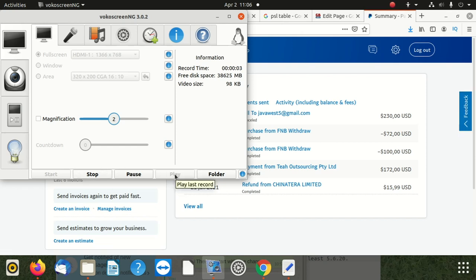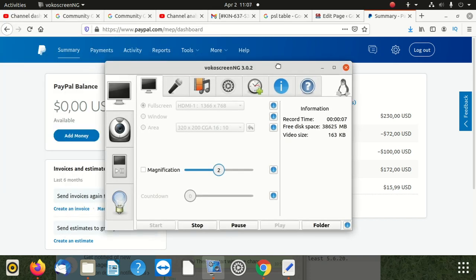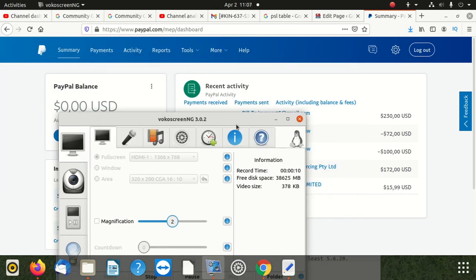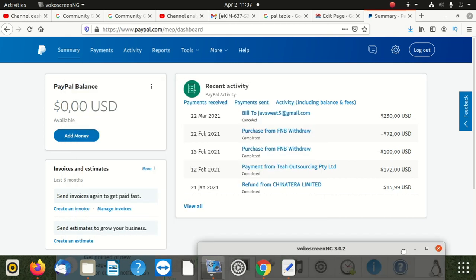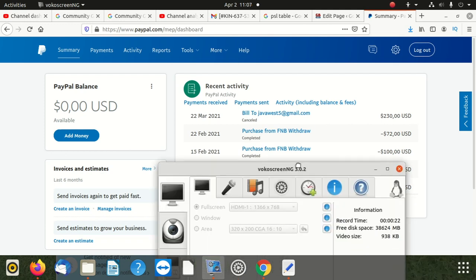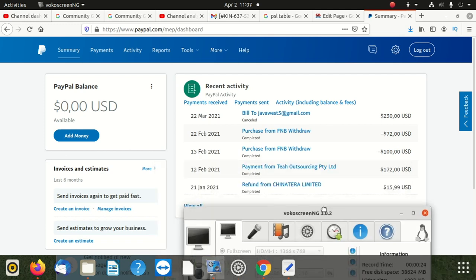Today we're gonna show you how to send money to somebody using PayPal. If you have a PayPal account and somebody you want to send to has a PayPal account, the process is very simple. What you have to do is log in. That's what we haven't shown. Log into your PayPal account, and after logging in, then you're gonna go to